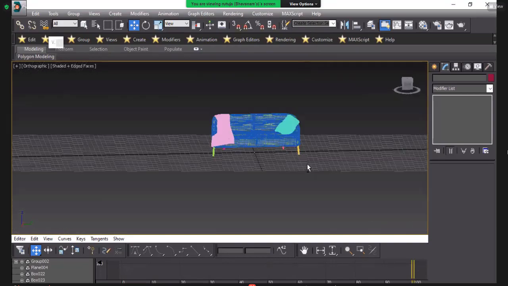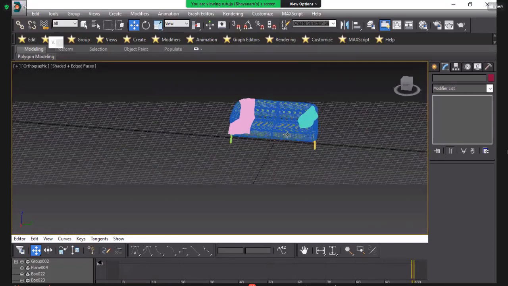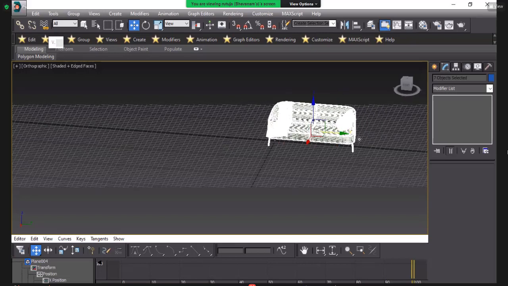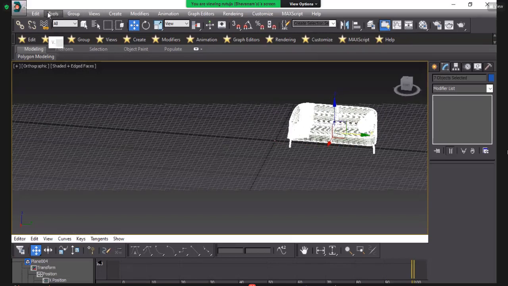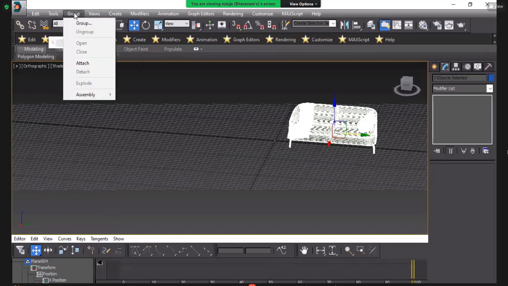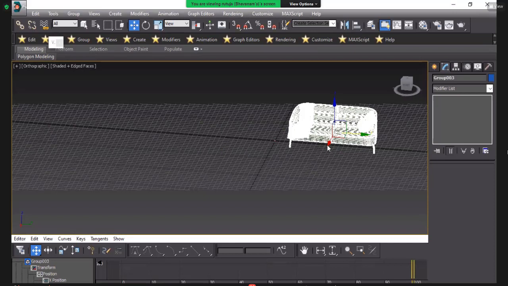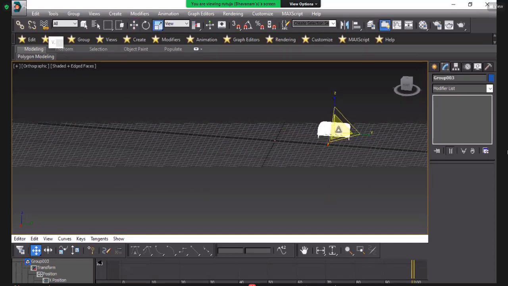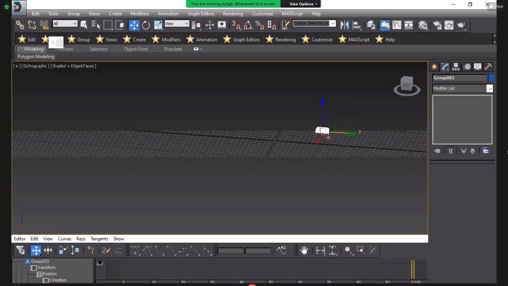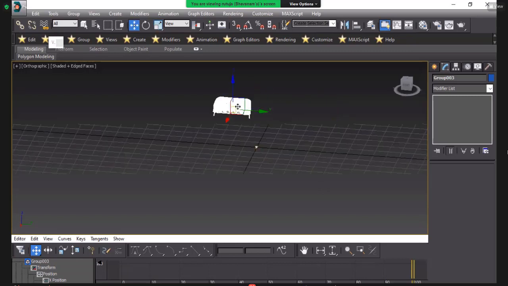Yeah, this one is correct. Press Ctrl Z and select all the dimensions and group it first. After lots of hard work, we will find our sofa. Scale it and place it.